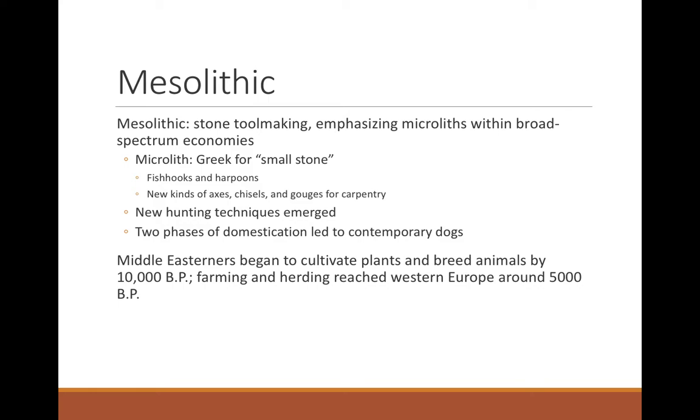So if we had a piece of wood or a piece of bone, for example, and we cut very small projectile shaped points and embedded them like teeth in that piece of wood, we would end up with something like a saw that we would then be able to use to woodwork, to build structures, to build boats, etc. We also started to see the development of things like fish hooks and harpoons.